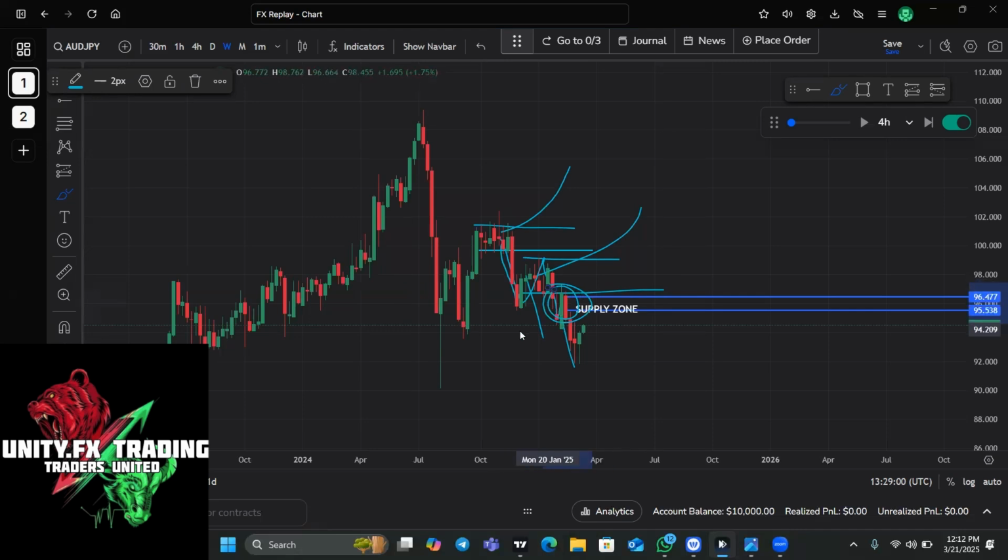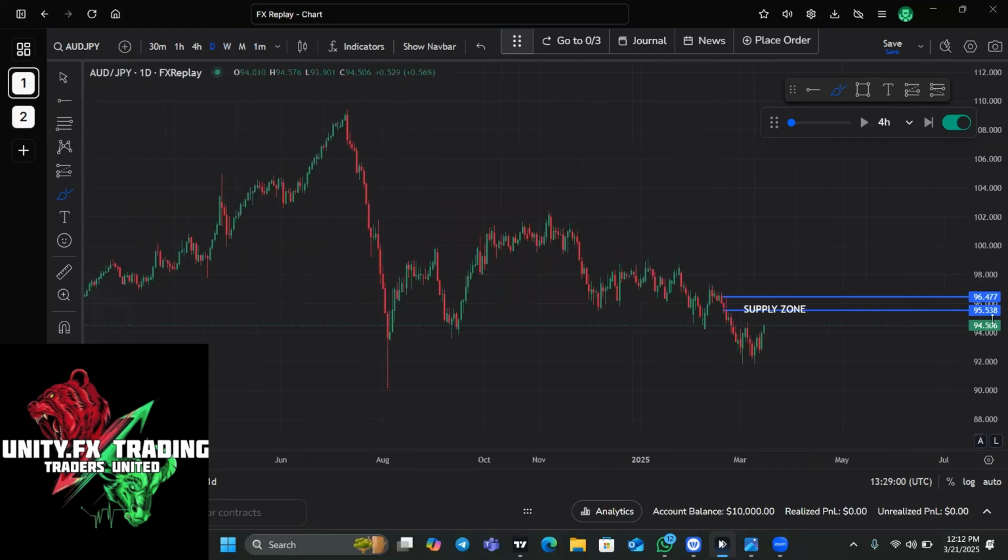We had a supply zone which broke structure here, if you can see. So now what we are waiting for is for price to do the same thing. We are just following market structure, guys. We're just following market structure. So when you go to the